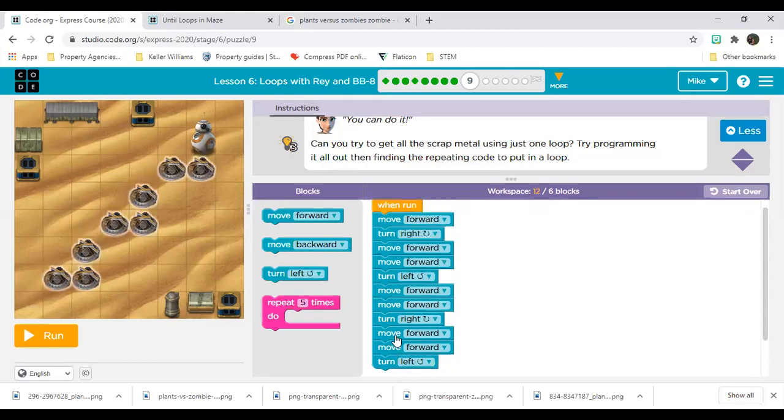Turn right, move forward, and move forward. And then down here, we can see that pattern repeats itself. Turn right, move forward, turn left. So let's see if we take that